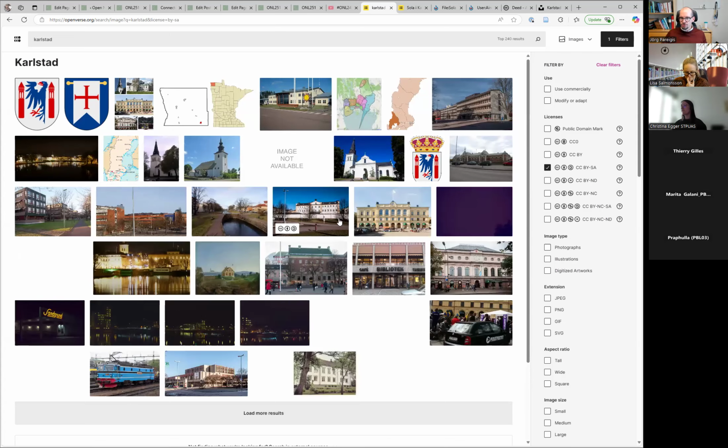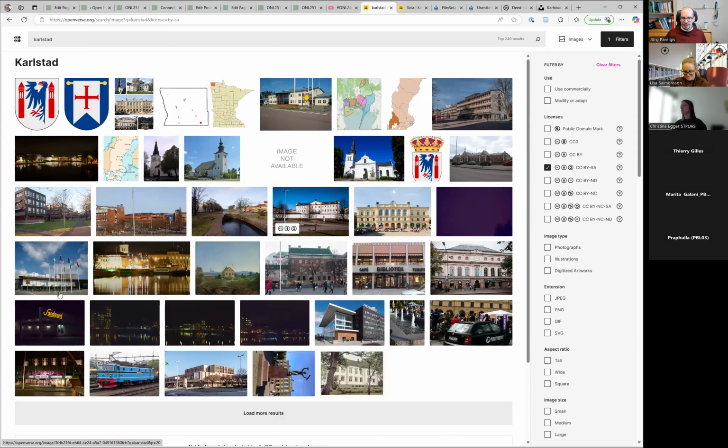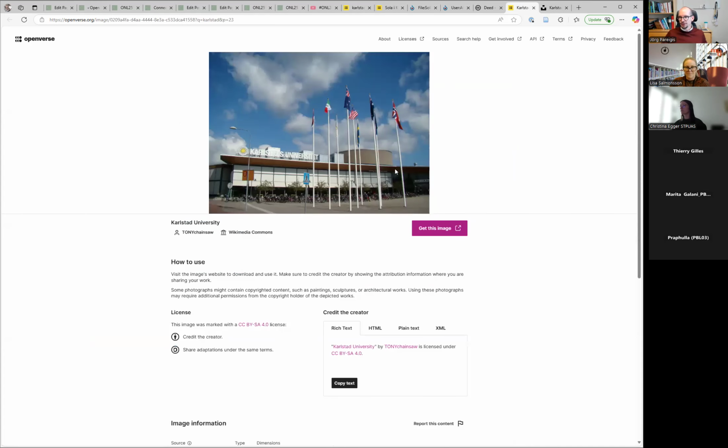And we choose another picture. Now you see a Creative Commons licensed picture of Karlstad University, the library building where I'm sitting right now. I'm sitting on the other end of this building.